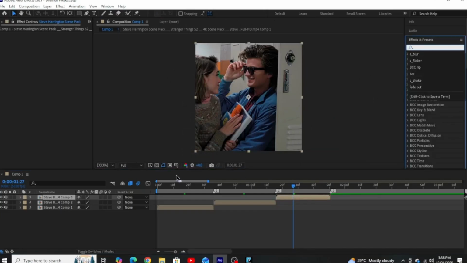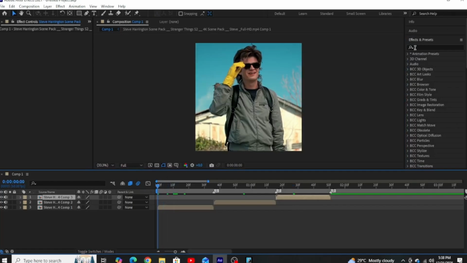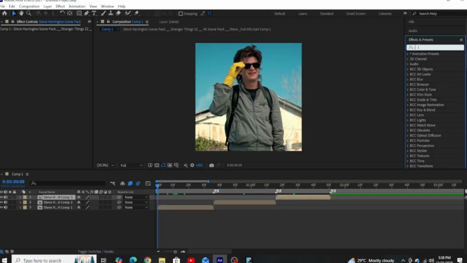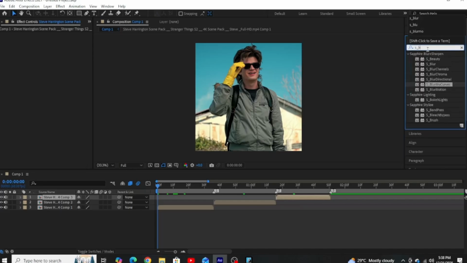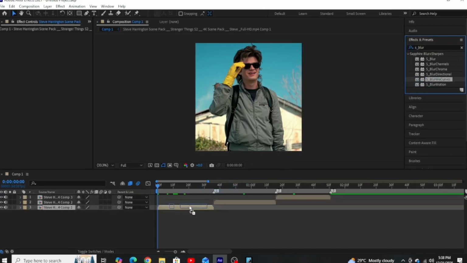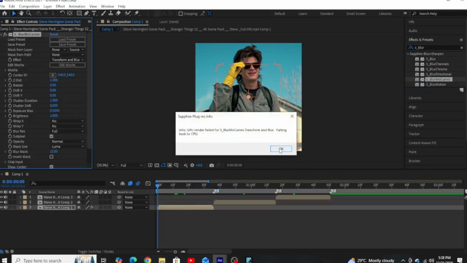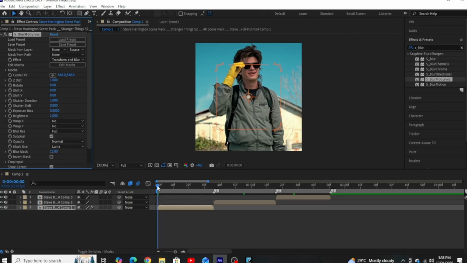To add zooms, you have to open the Effects and Presets panel and search for the S_BurmoCurves effect and drag it down to your first layer. And at the beginning of the clip, you have to add a keyframe for set distance